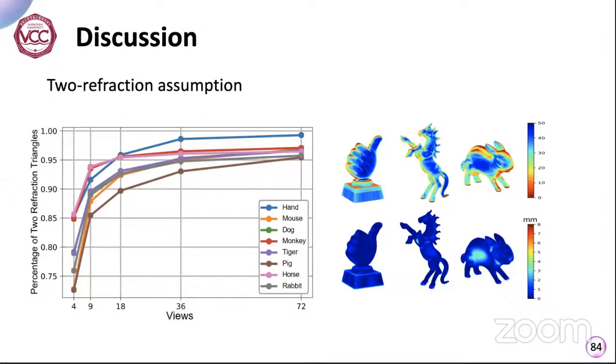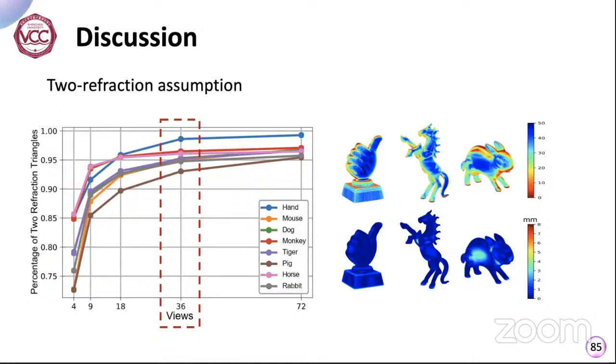Okay, so if you follow me closely until now, you might like to raise a question on the main assumption. That is, all ray paths that we capture and compute will lead to exactly 2 refractions. This sounds quite limited, but it is actually much less restrictive than it seems. Note that in our system, each object is captured from multiple view directions. We measure the percentage of the mesh triangles that are pierced by at least 1 or 2 refraction